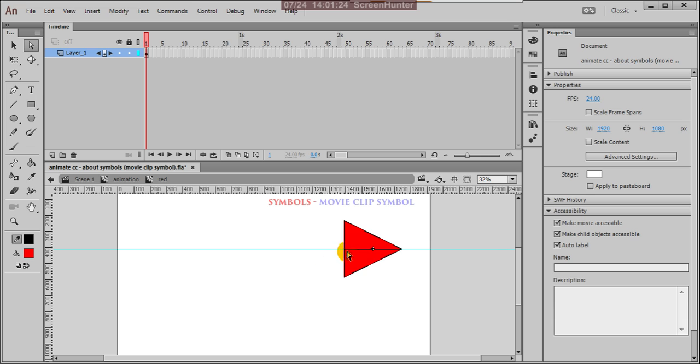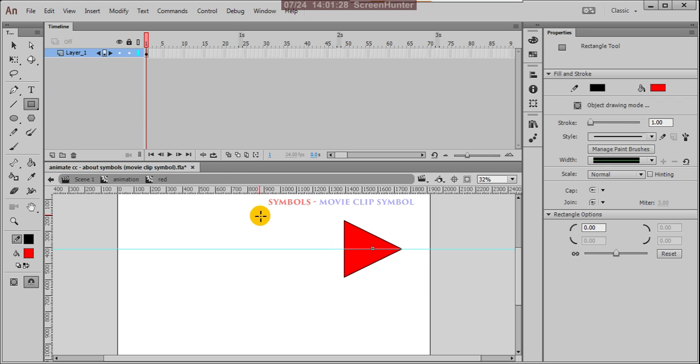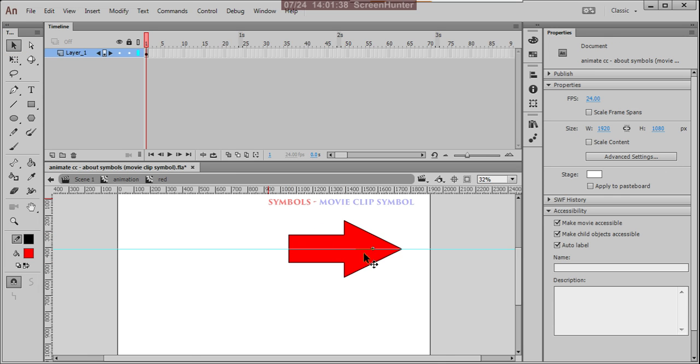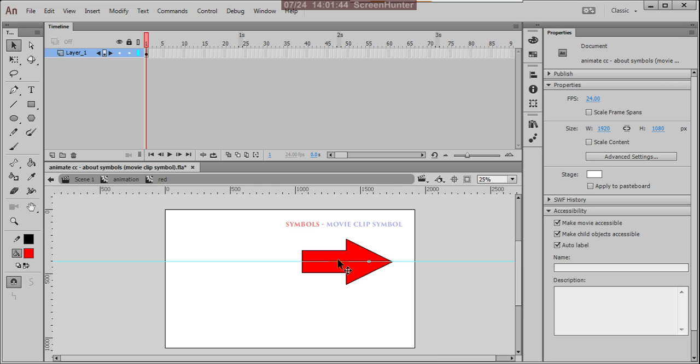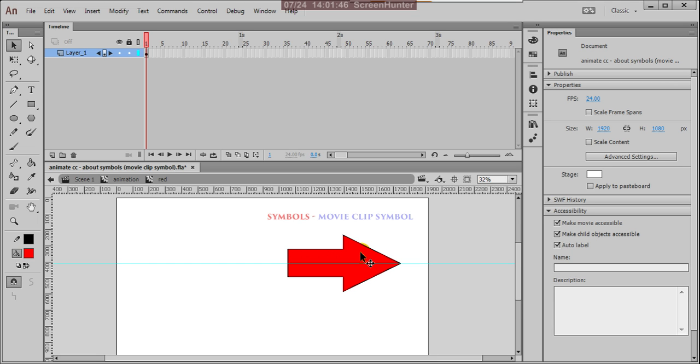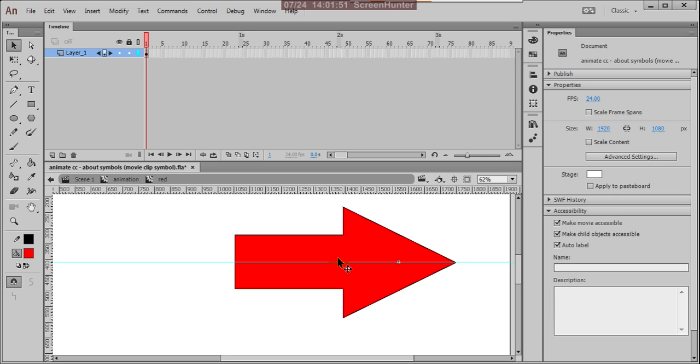Now here what I'm planning, just observe me. See here, I added a separate piece to that box. Actually that box was converted into an arrow mark.